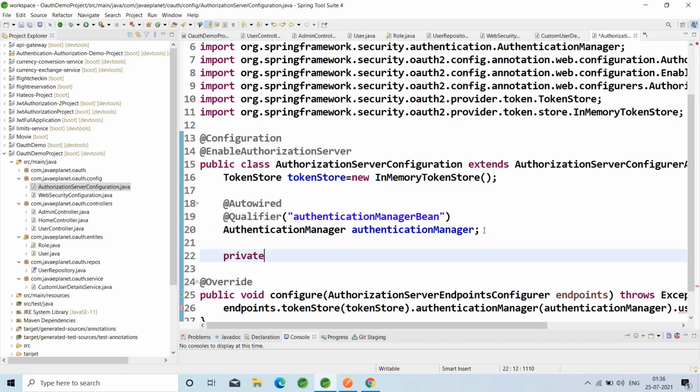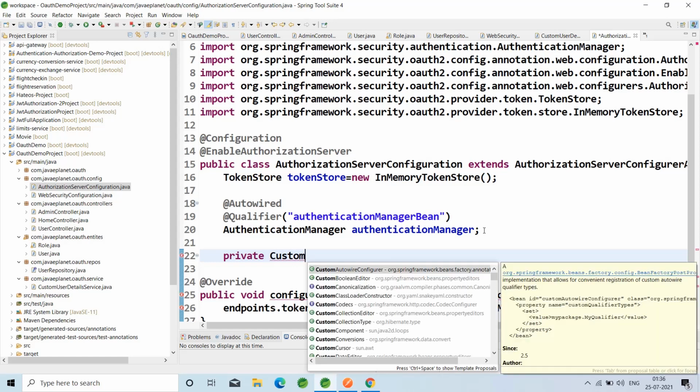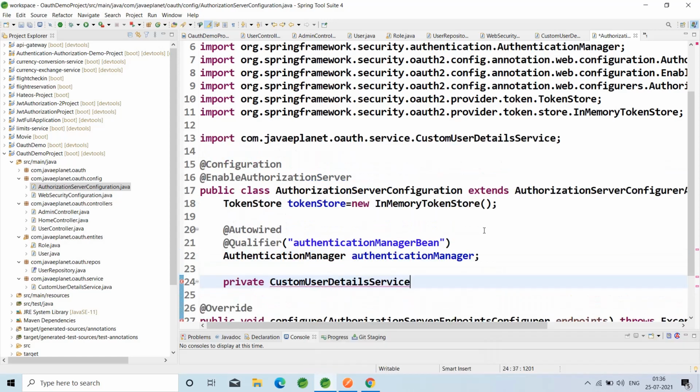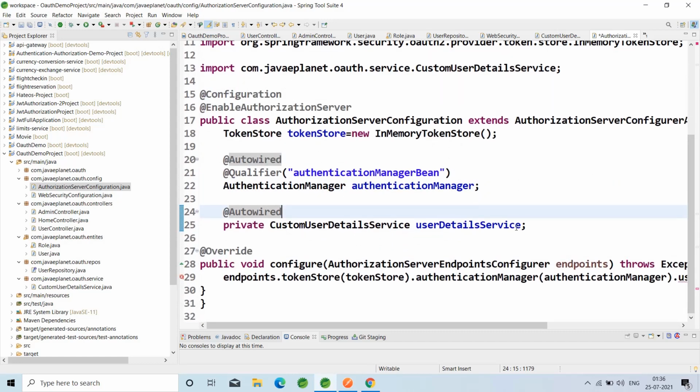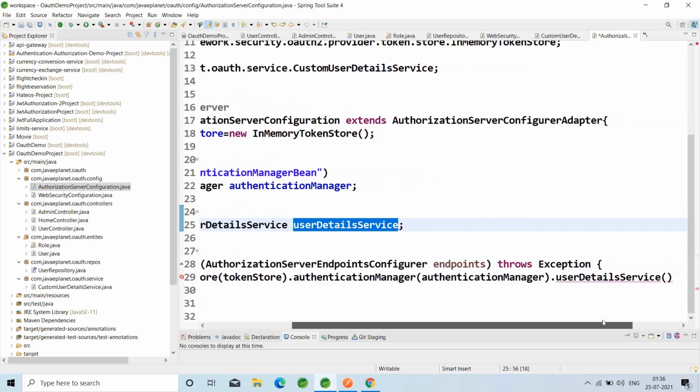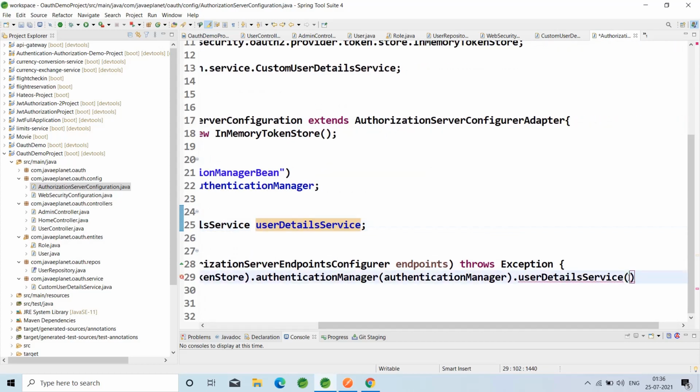Private CustomUserDetailsService, userDetailsService, autowired. Pass it here.